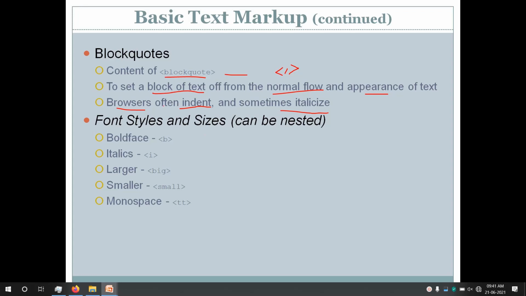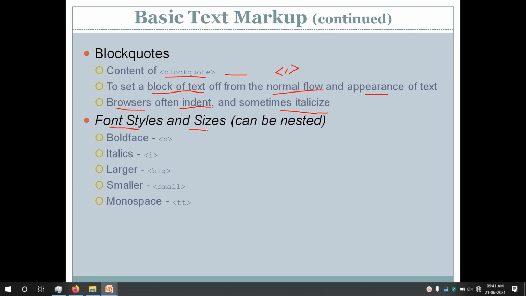Then we have font styles and sizes. With font styles, we can make our text bold, italic, underlined, or even look larger or smaller by using different tags which are available in HTML or XHTML. Most of these tags have been deprecated from the latest versions, but many browsers still support these tags.